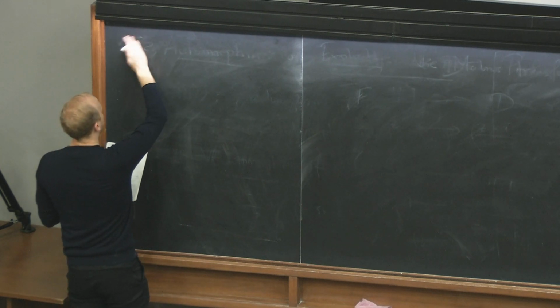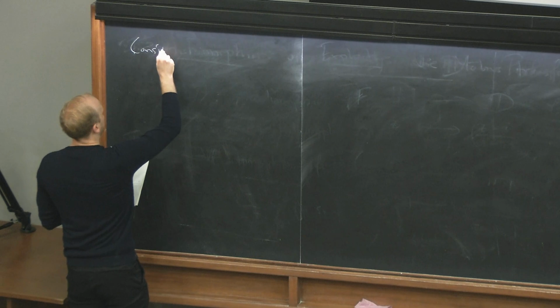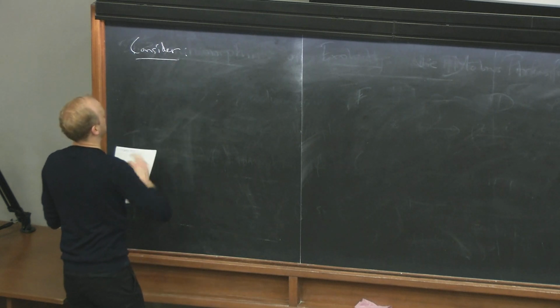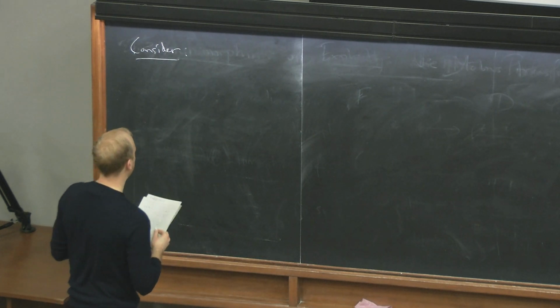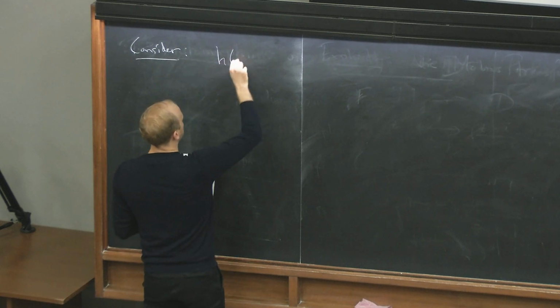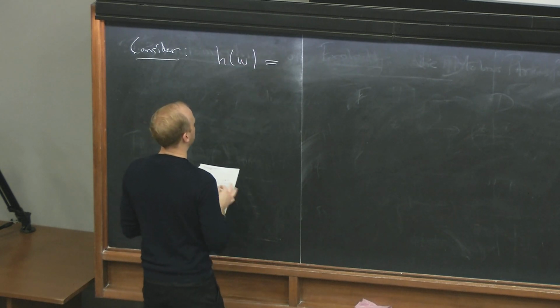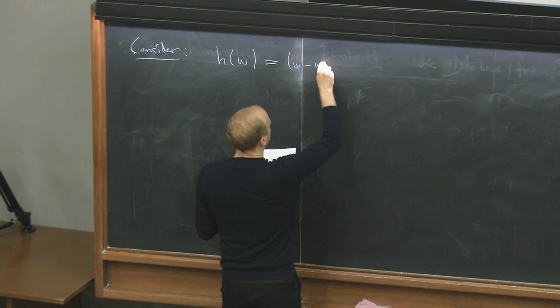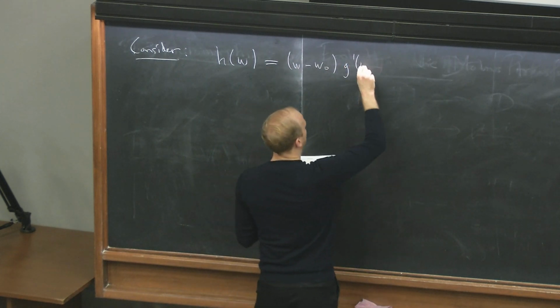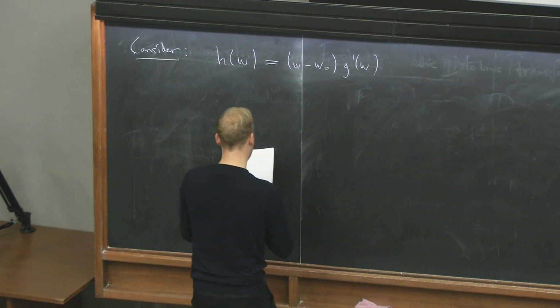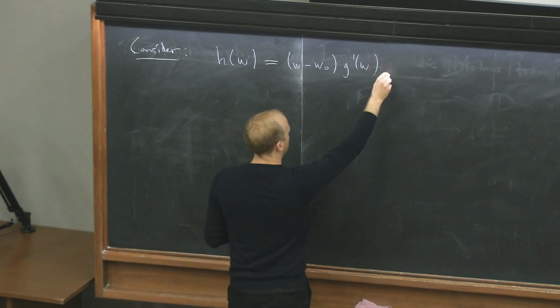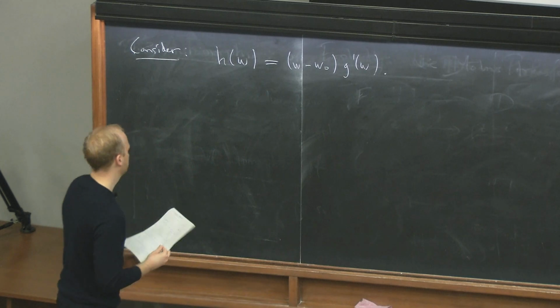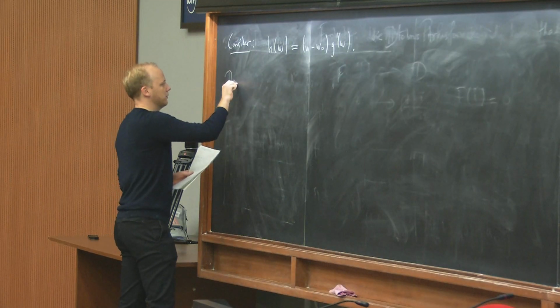So to do this, we use some maybe non-obvious trick. As so often, we want to consider a different but related function. And this function is h(w) = (w − w0) times g'(w). And why do we consider this function? Well, the reason is that if we do this,